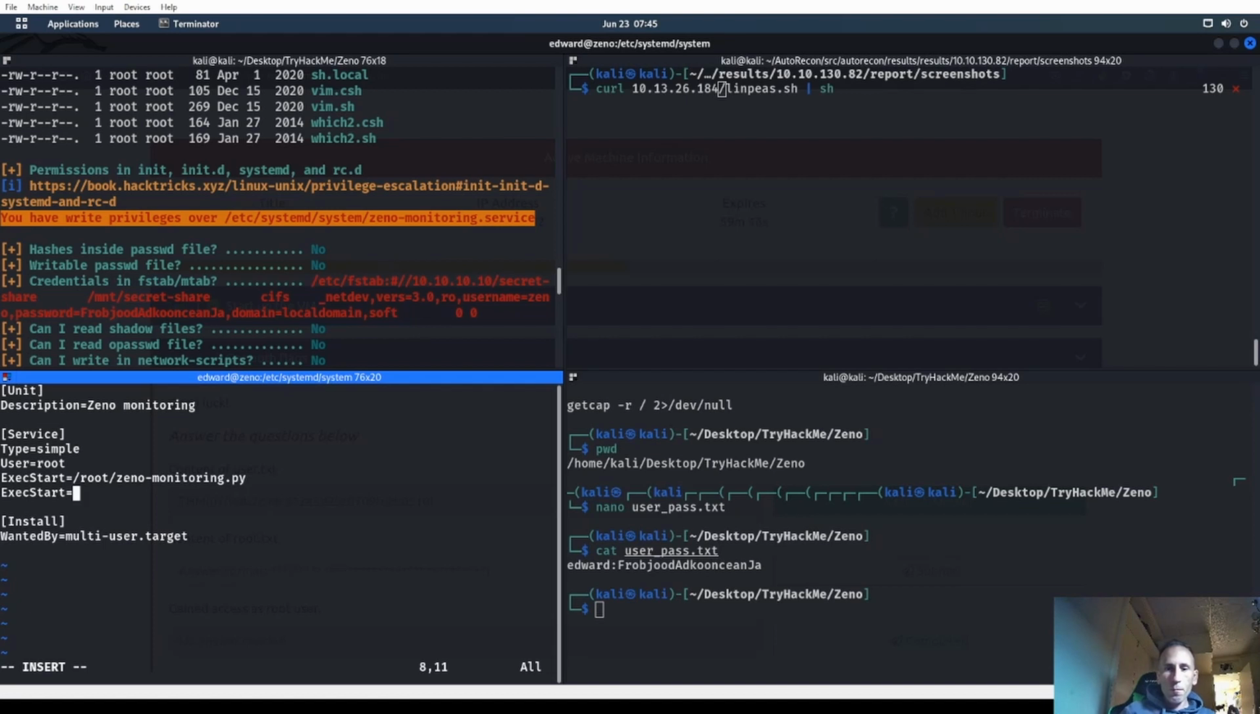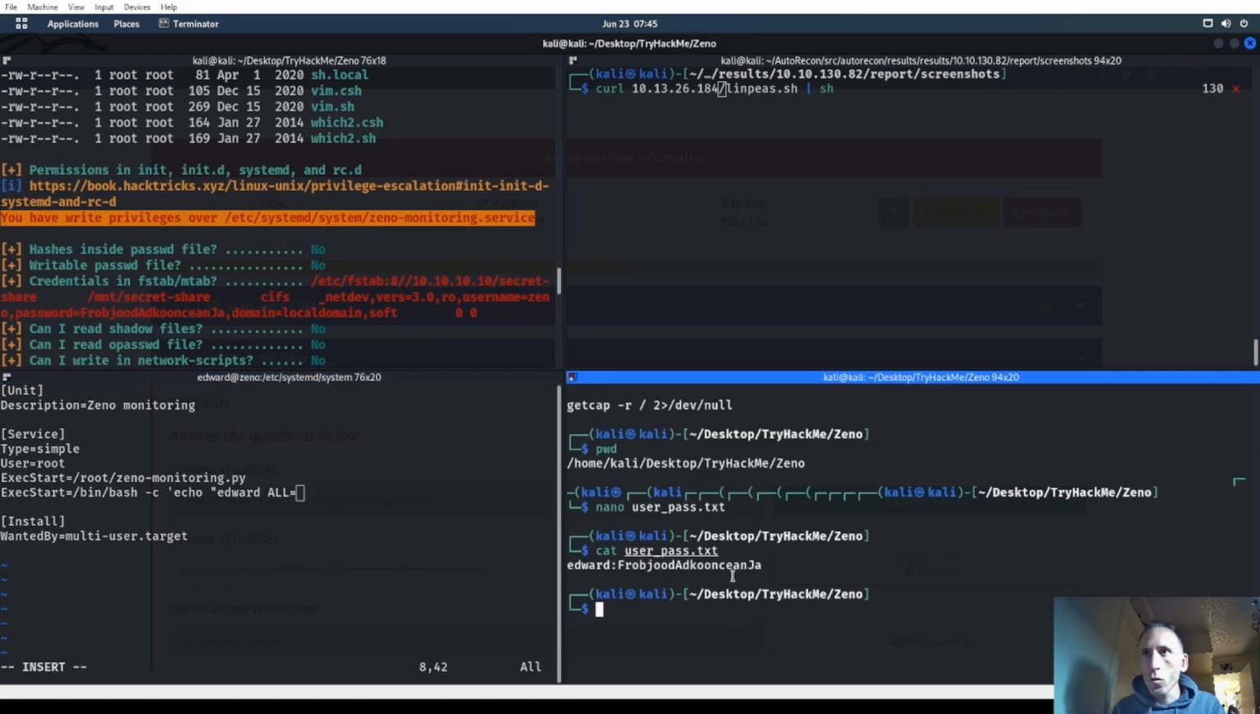Like /bin/bash, right? -c, right? We're going to run a command with /bin/bash, right? And we are going to echo, and our name is Edward, right? Edward. And we're going to echo Edward, probably make it so he can run find, or maybe just sudo. All right, we can do something like that, right? ALL equals